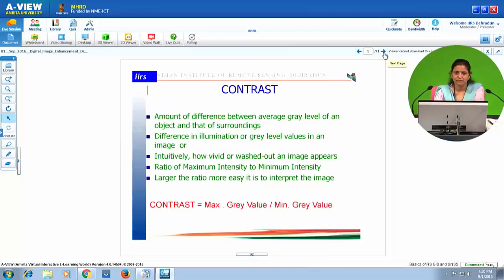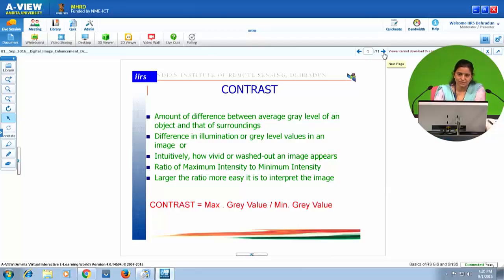Before moving ahead with radiometric enhancement, we should define what the contrast of the image is. Contrast is the amount of difference between the average gray level of an object and that of its surroundings. Or we can say it is the difference in illumination or gray level values in an image.